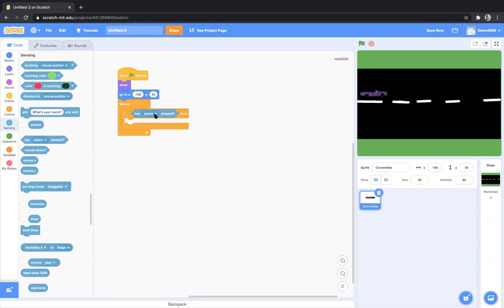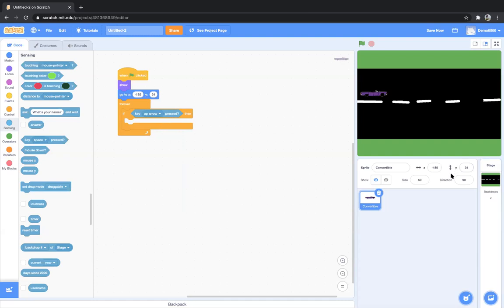Okay, and when I drop down this space, we have different options: up arrow, down arrow, left and right. So I want to code for all the 4 arrows. Let's code for up arrow first. When up arrow is pressed, we want our direction to change. So what is the up arrow? Up is the Y direction, right?